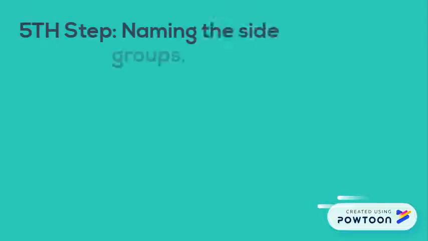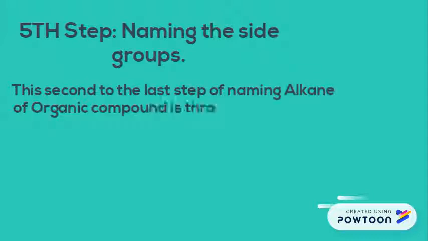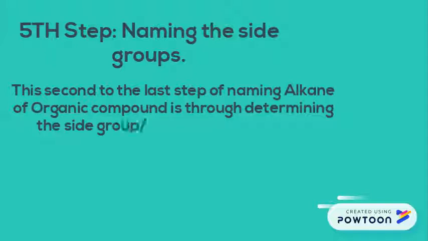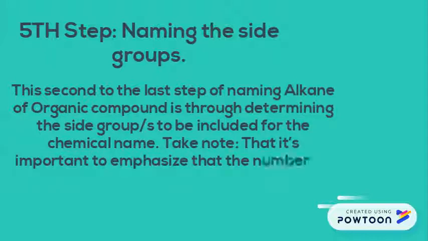Fifth step, naming the side groups. This second to the last step of naming alkane of organic compound is through determining the side groups to be included for the chemical name. Take note that it's important to emphasize that the numbering of the carbon chain must address the